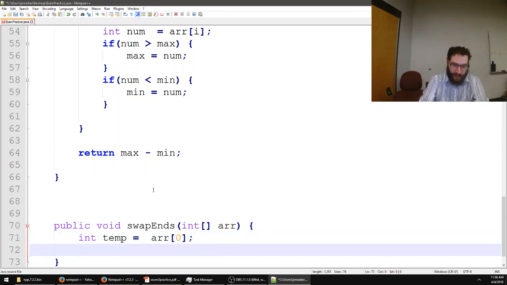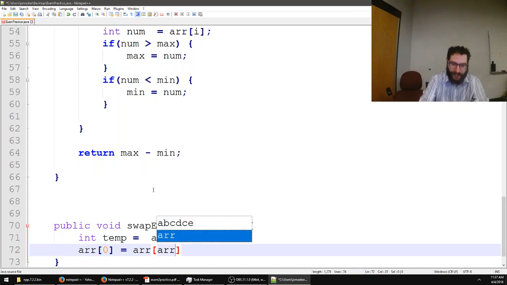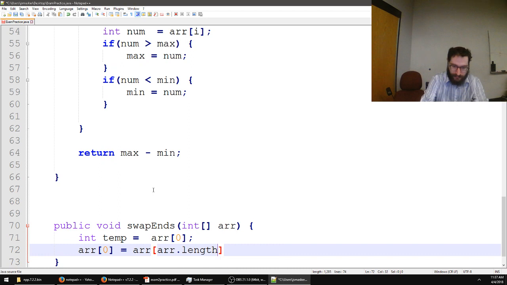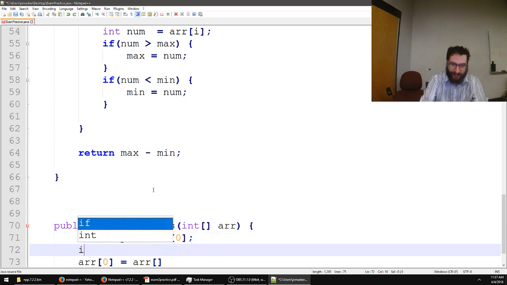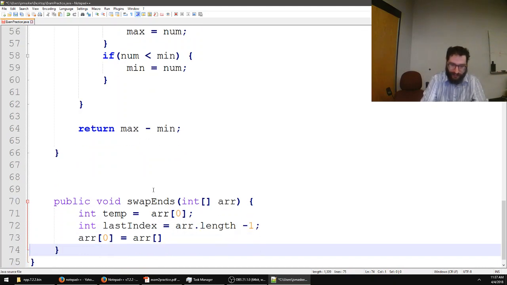And then we're going to replace the item in index 0 with the last item in the array. So what's the last item in the array? It is located at array.length -1. And if you really don't like this notation, you could create an int lastIndex, if you needed to, equal to array.length -1, and then use